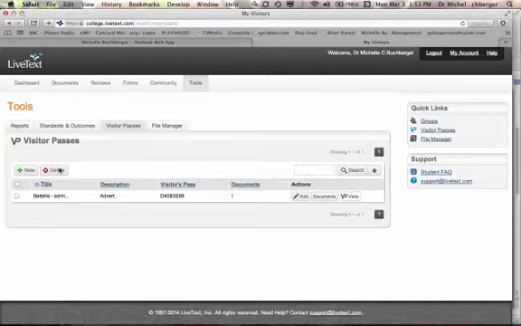So go ahead and experiment with using the visitor pass. You can send one to yourself, you can send one to friends and family. It's a great way of sharing videos or photographs with your friends and family in a very secure way. You can supply them with that visitor pass, or as part of a job hunting strategy,